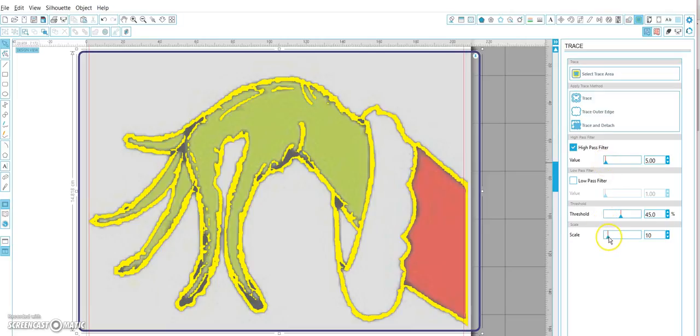So what I pretty much always do is bring the scale down to 4. It makes the lines smoother as opposed to pixelated. So while we still want this rough texture, we don't actually want pixelated lines. So I drag the scale down to 4,